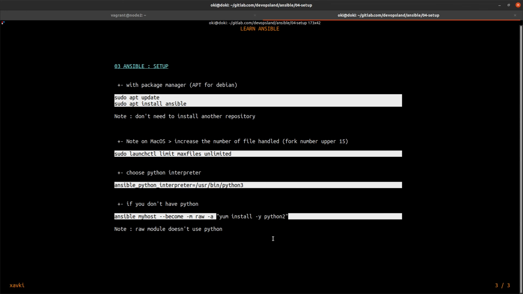I prefer to install Python 3 now, but you could install Python if you don't have it on the target server, like this. From the controller node, you could launch this CLI.